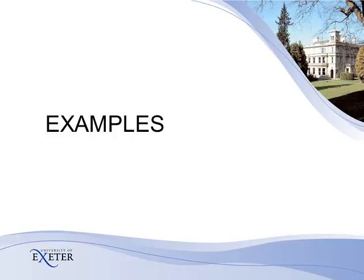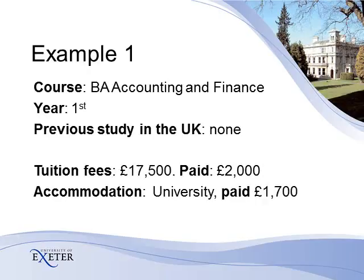Okay, I know it's a lot to take in, but let's put it together with some more examples. It will make more sense. If you're studying maths or business, this is a good opportunity to practice. Our first example. Let's look at a new first-year student on BA Accounting and Finance who has not studied in